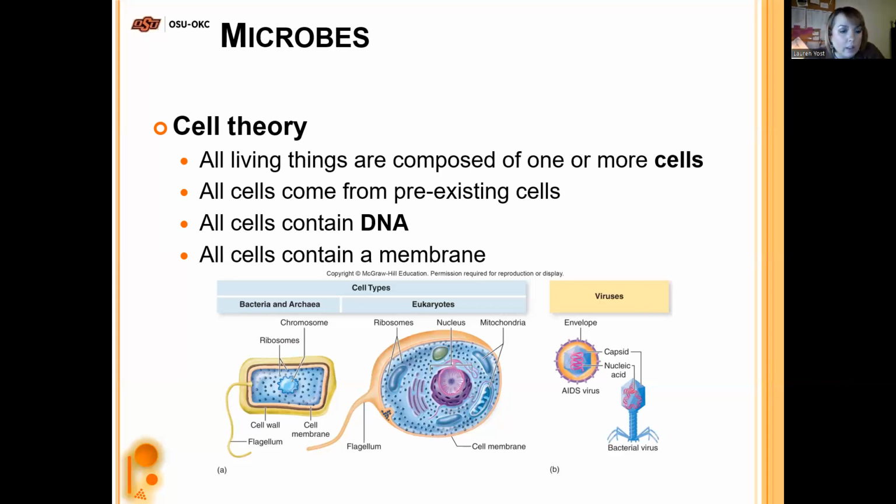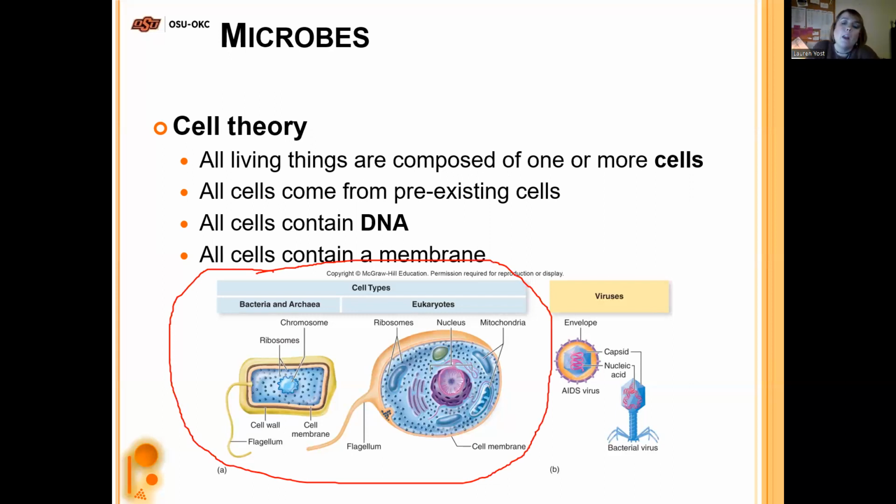Now, when we look at this picture down here, these are examples of cells. We have eukaryotes and bacteria and archaea, which are prokaryotes, which we'll talk about the difference in a moment. They have a membrane on the outside. They have DNA on the inside, and they come from other cells. But viruses don't have that stuff. They can have a membrane. They don't have it from themselves though. They steal it from the host cell that they were infecting. They're tiny. They live inside of cells. They bud out of the cells, like literally what it sounds like, little push through, and then it encloses around their little insides. And then it creates the envelope,